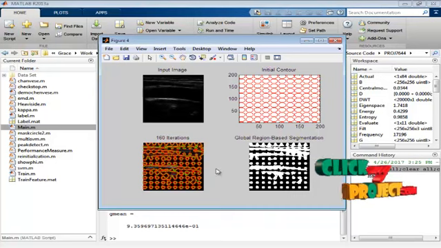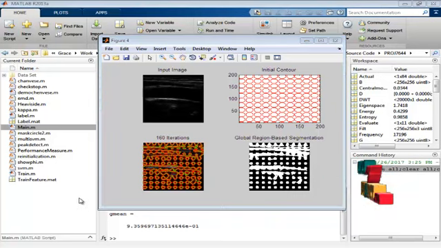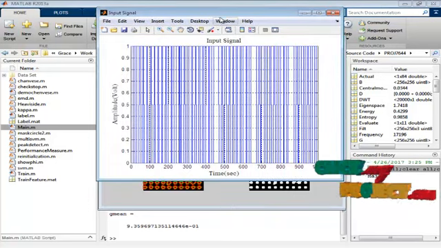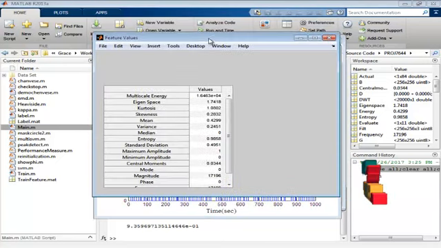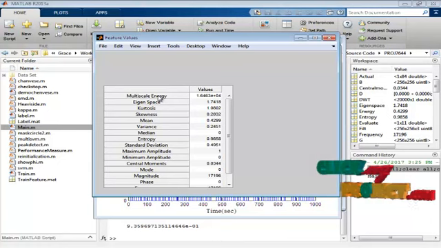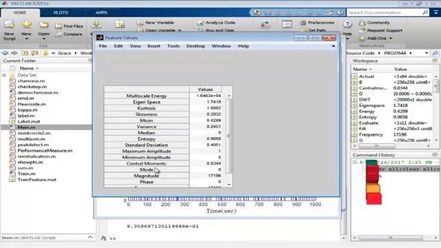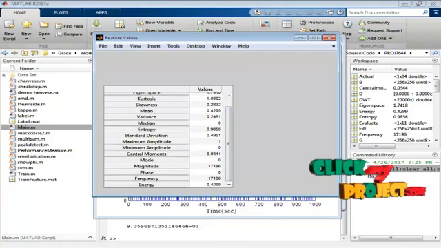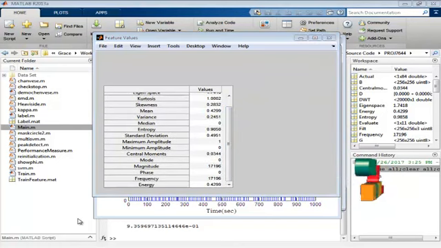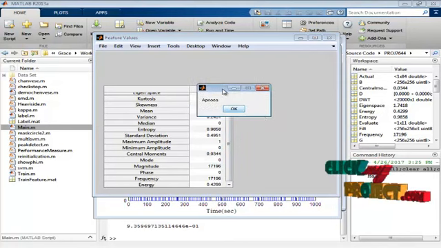The affected and non-affected regions are segmented here. Then the values are converted into signals. The signal feature values are extracted here. The statistical features found are multi-energies, eigenspace, mean, variance, median, entropy, minimum amplitude, maximum amplitude, energy, frequency and phase. Then the output is classified,